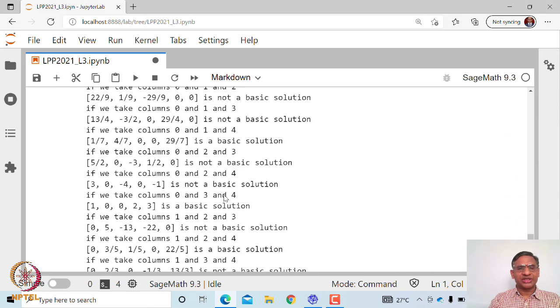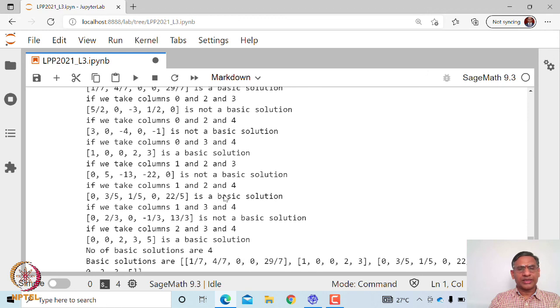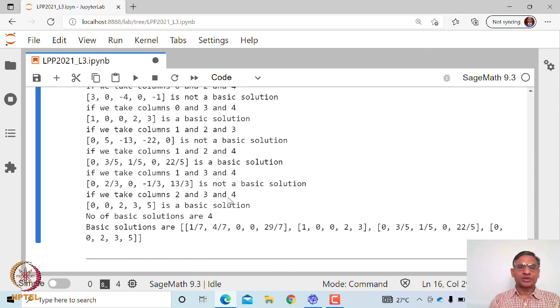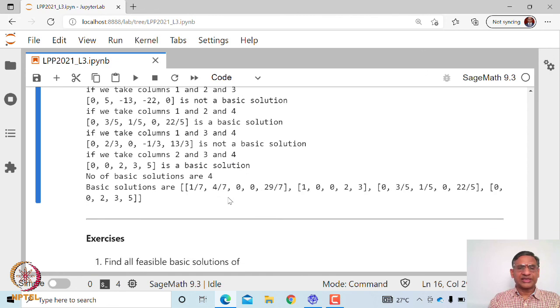In the next lecture, we will look at how to develop methods for the simplex method. We will look at the basics of the simplex method, or the theory behind the simplex method, and that is actually applying row reduced echelon form to this matrix, or the system Ax equal to b. So we'll see that in the next class.